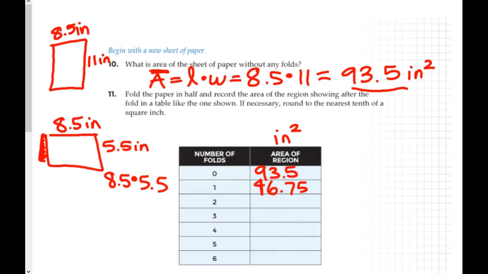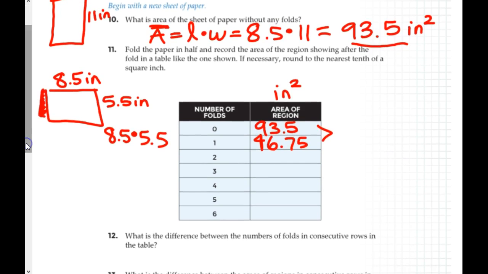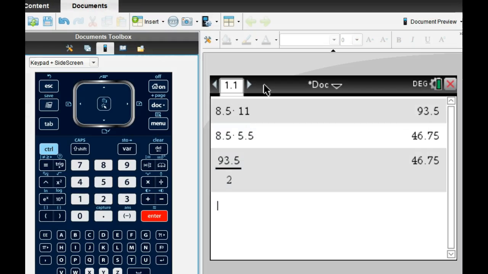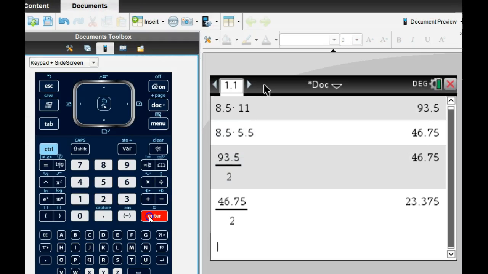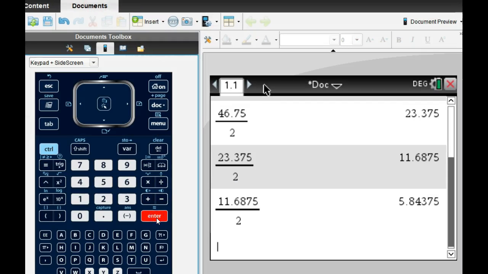So guess what the pattern is each time? So you can either say divide by 2, or you can say times 1/2. They're the same thing. Times a half is dividing by 2. So what I want you to do is fill out this table, okay? So we need to divide by 2 each time. If you just hit divide 2, hit enter, and enter, and enter, it'll keep dividing by 2 for you,